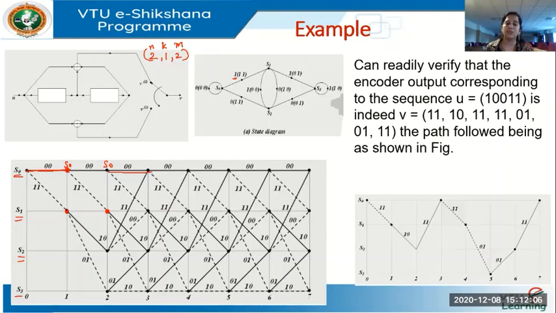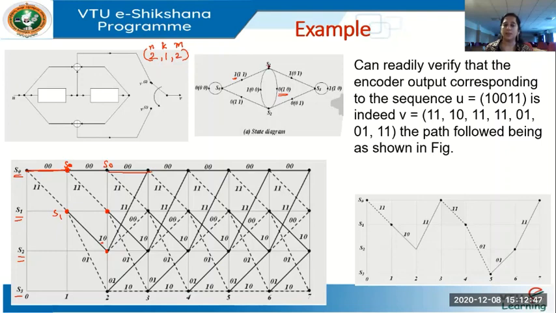But now this part we should analyze. We are in state S1. So this was state S0, and we are in state S1 here. From S1, if you receive a 0, you look at the state diagram: you are in S1 and you receive a 0. Where are you going? We are going to state S2. So from S1, if we receive a 0, we go to state S2, solid line. Input bit received is 0, it's a solid line. If it's a 1, it is a dashed line. The code bits output are written on the branch. What are the code bits? 1, 0 is written on the branch.